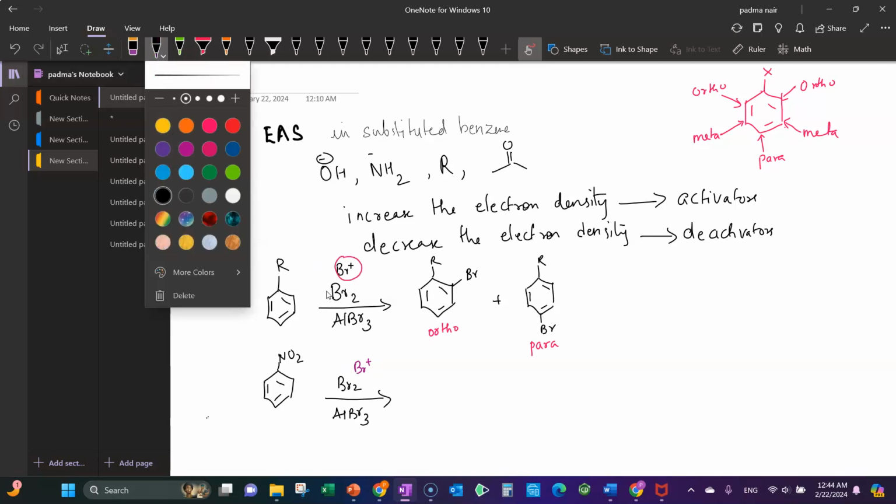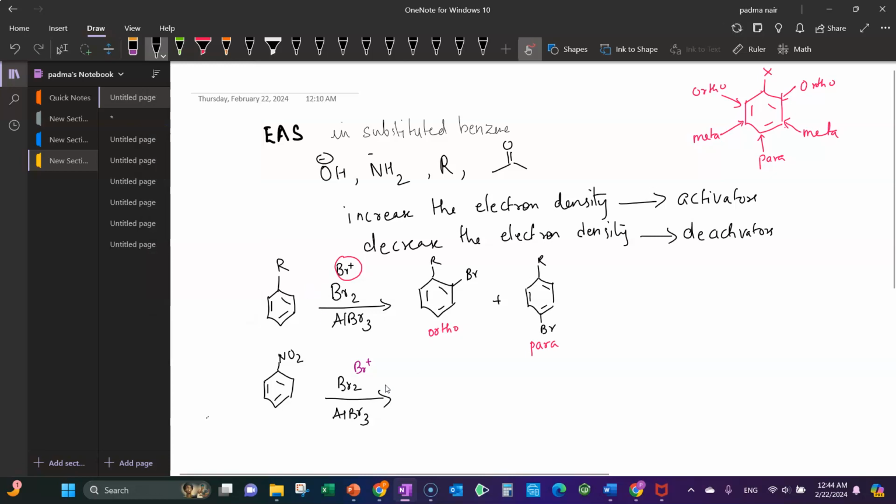However, unlike the case before, where the alkyl group was directing the new electrophile either to the ortho or para position, here NO2 directs the electrophile to the meta position. Okay, so our major product here is where the Br is in the meta position. We may have a small amount of ortho and para, but the major product is meta,